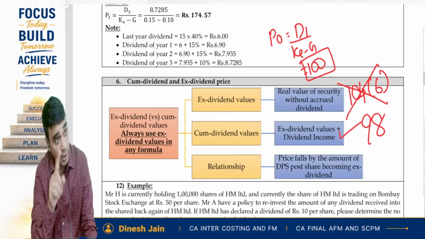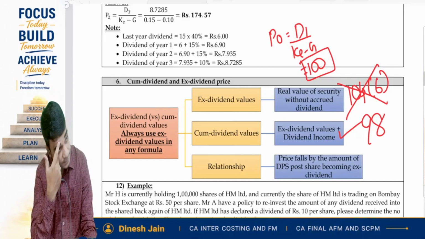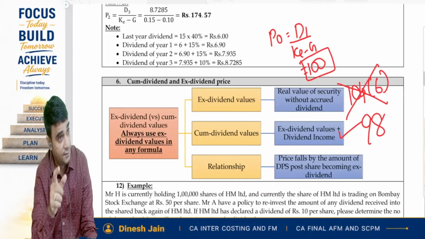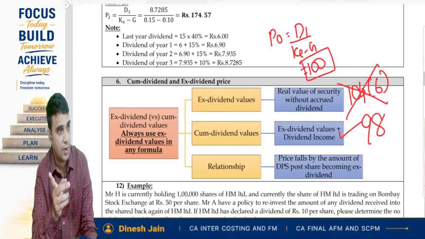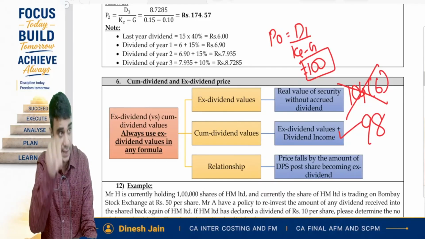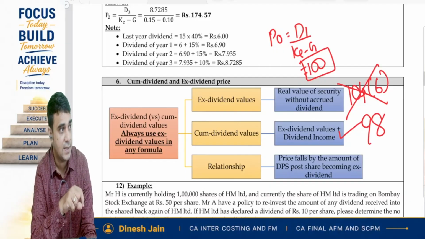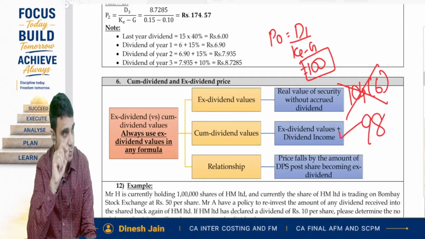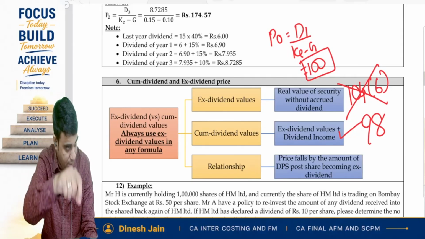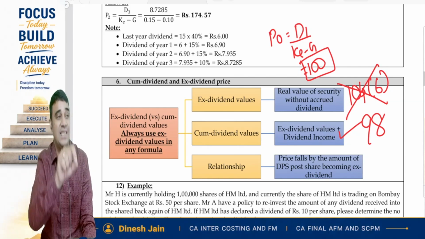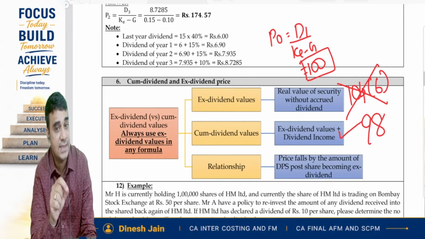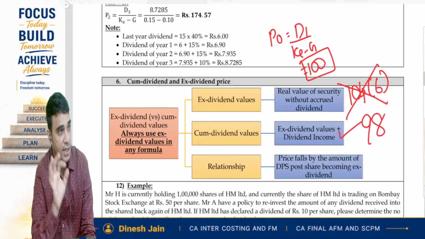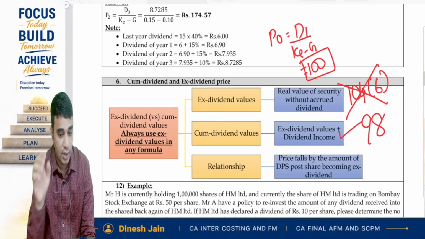What is the formula for KP, cost of preference? Preference dividend by net proceeds, and net proceeds can either be issue price minus flotation cost or current market price. If it is current market price, it has to be ex dividend value. Cost of debt is interest by net proceeds. If net proceeds is CMP, CMP has to be ex interest value. And the rule is